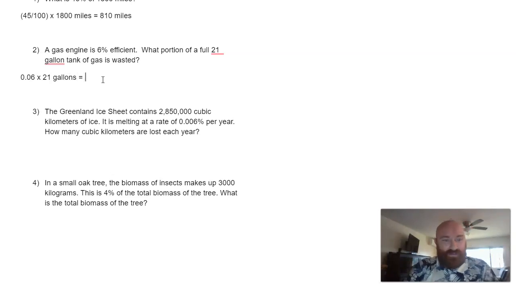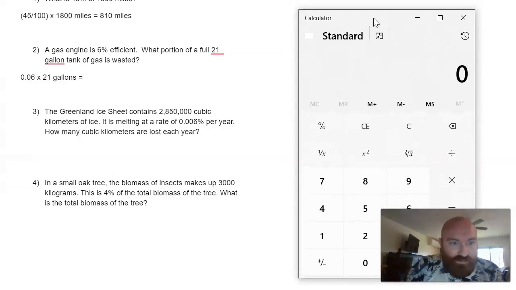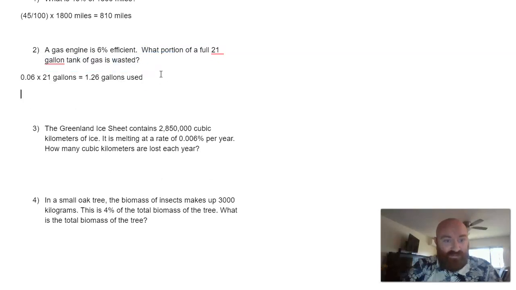This is going to equal, oh gosh, Mr. Harkins needs a calculator. 0.06 times 21, because I don't have my answer key. So 1.26 gallons. So this is what is used. That is not what this is asking. This is saying what is wasted. So you're going to have to then do 21 gallons minus 1.26 gallons. Do this in my head. That is